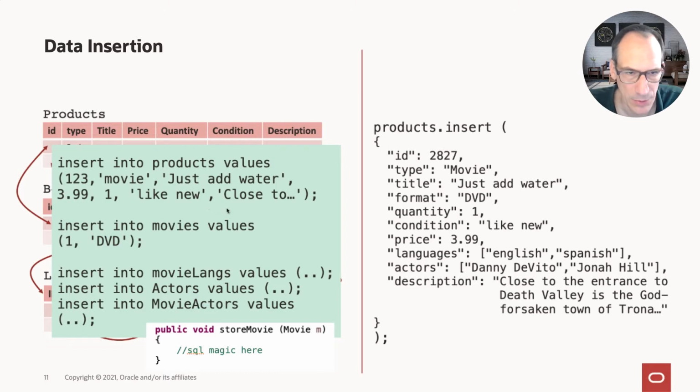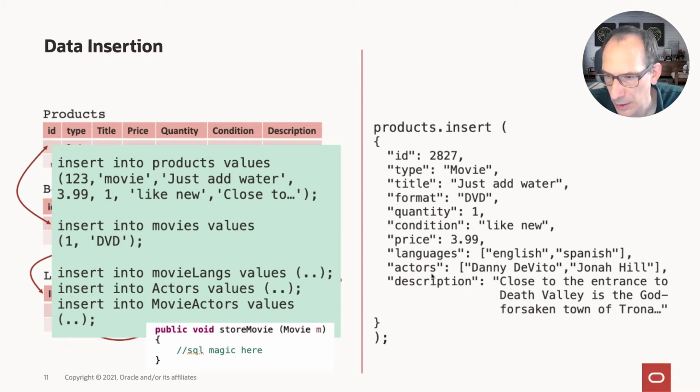Whereas if we look at the SQL side, you actually have to insert. So the example is we're adding a new movie. So now this movie, the information is shredded into multiple tables, the products table, the movie table, the actor tables, and it's even a bit more complex than that. Imagine you are inserting a movie where an actor already exists in the database. So you need to check this, whether a new movie also adds new actors or if it just refers to existing actors. So it's basically you need to run a query during insert to identify which case it is.